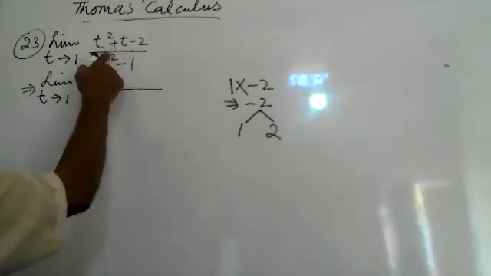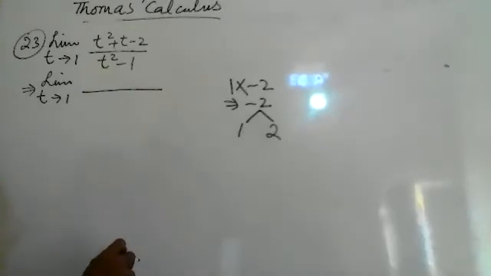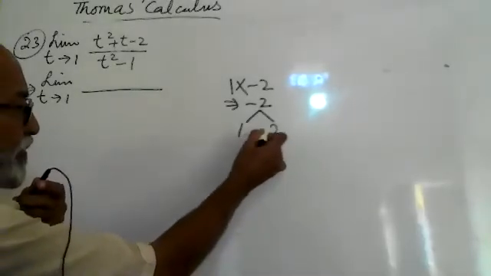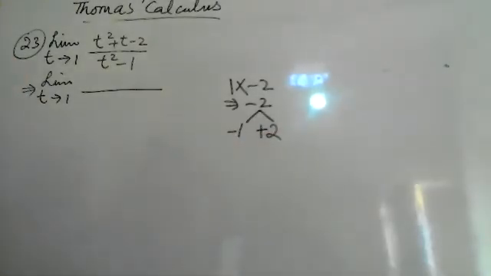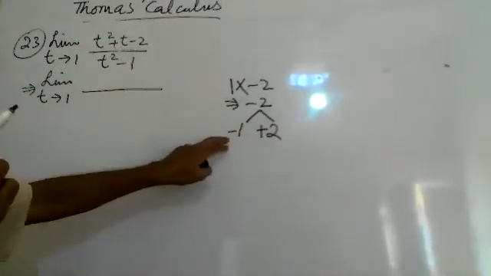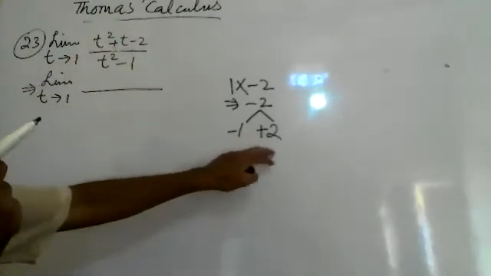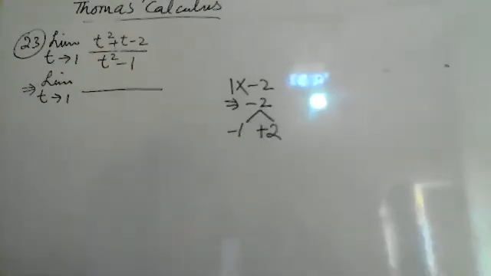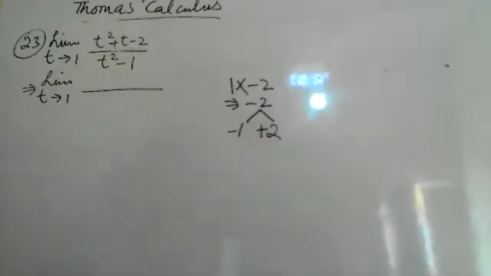Here the sign is positive. This sign will come with the greater number, the bigger number. So 2 is the larger number. It will become +2, and 1 will have the opposite sign. If there is a negative sign, then 2 will become negative and 1 will become positive. Whatever the sign of the middle number, that should be written with the bigger number, and the smaller number gets the opposite sign.